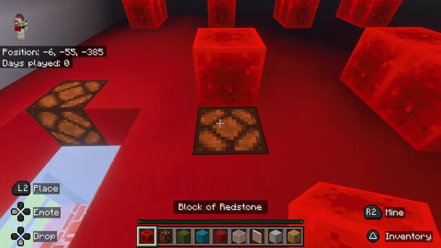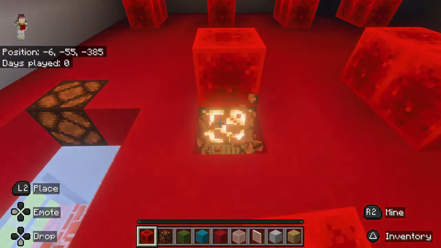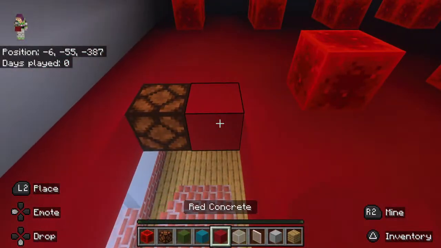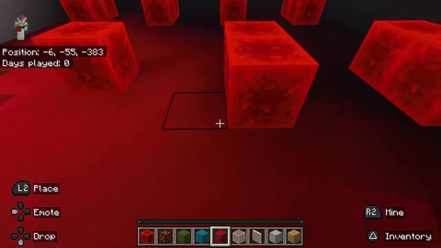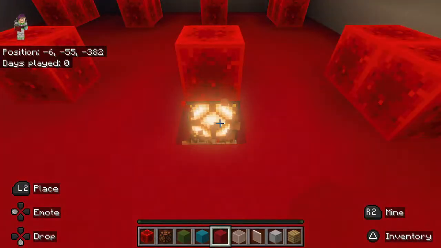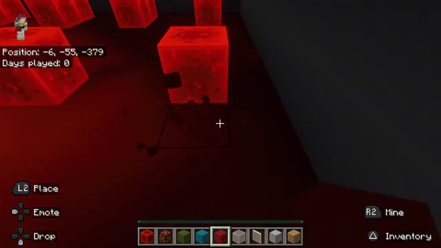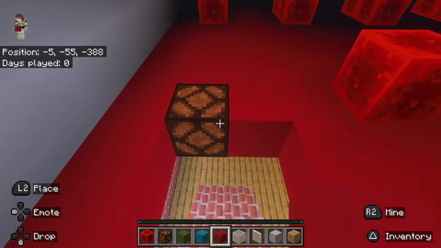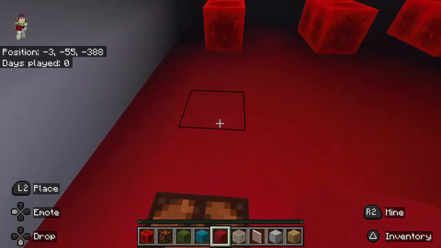Redstone. Wait a second. That means I gotta get rid of my redstone. That's how he has the lightage, is he has those little, give me a minute, I'll get what he has. Sea lanterns. No, he has,